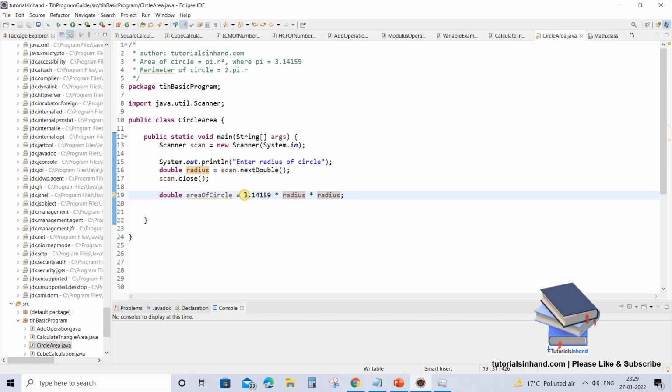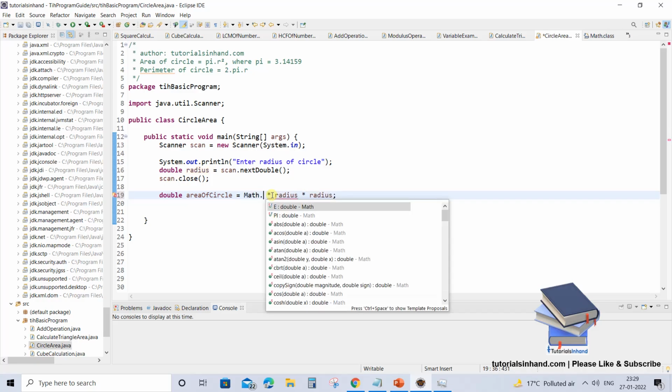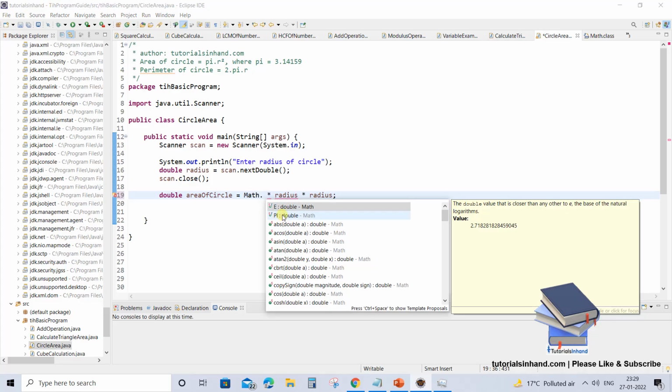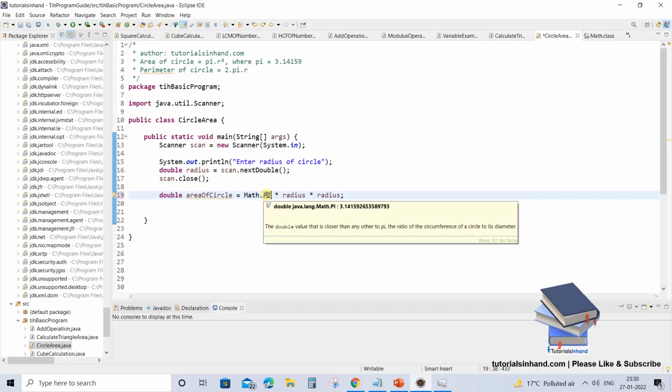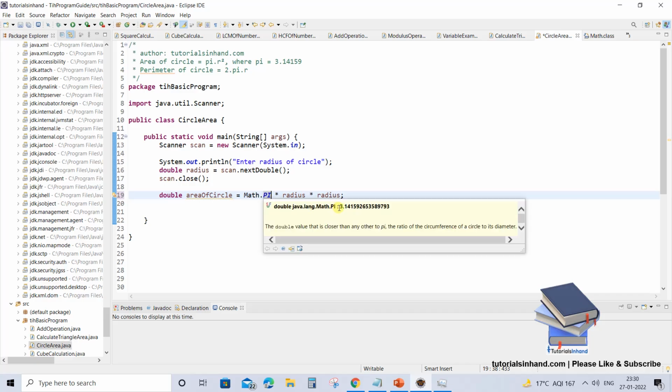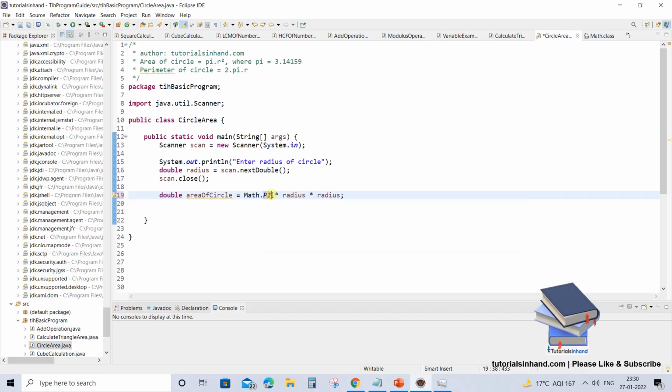Now we are not going to use this hard coded value. Rather, we are going to use Math.PI. Pi is a constant. E is also a constant that has a value that is shown over here like 2.718, something like this. So if you use E, then it will fetch this value and use it in our formula. But since we are calculating area of circle, we will be using this pi. So select this pi, and now it has imported the value. The value that would import is 3.1415 used in our formula. That value would be placed over here.